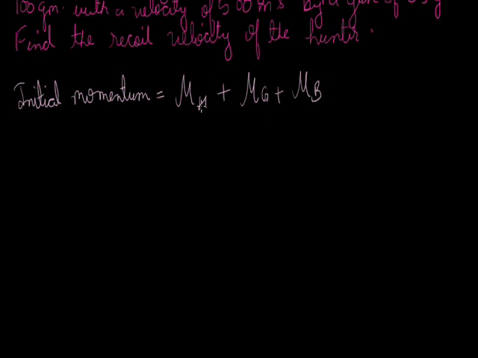Now if we talk of the momentum of hunter, momentum is 0 because the hunter is standing, so velocity is 0. Again, if we talk of momentum of gun, it is again 0 because it is at rest. And if we talk of bullet, initially when it is not fired, it is also at rest. So its momentum is also 0. Hence, the initial momentum of the system, combining all these three momenta, is 0. Now let us talk about its final momentum.